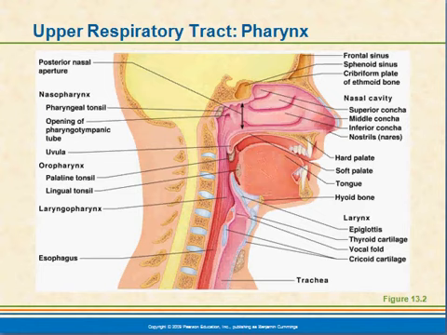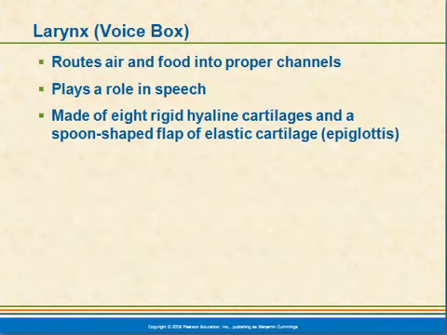Going to our next slide, and we get into the larynx. The larynx is where we end up splitting from the respiratory tract and the digestive tract. And the larynx routes the food into the proper pathway. It also contains our vocal cords, which allow us to speak, and it is made up of hyaline cartilage with some flaps of elastic cartilage that closes over the trachea when we swallow, so that food doesn't go down the